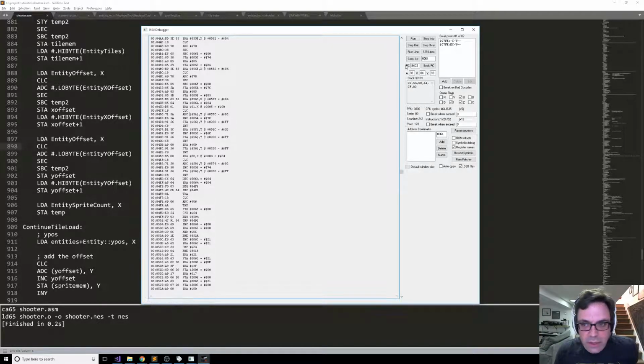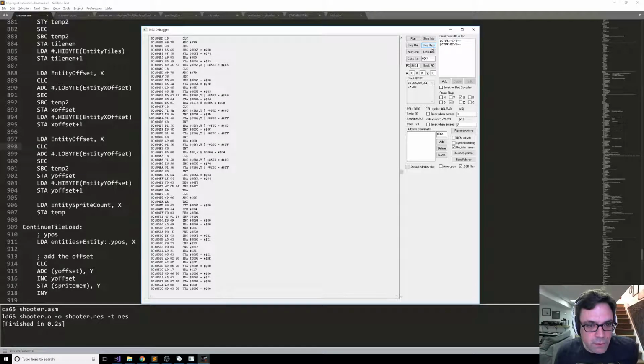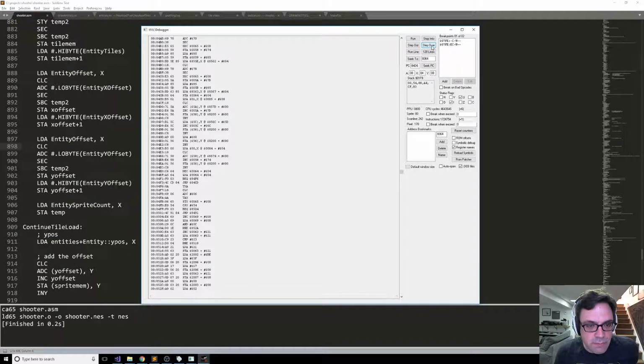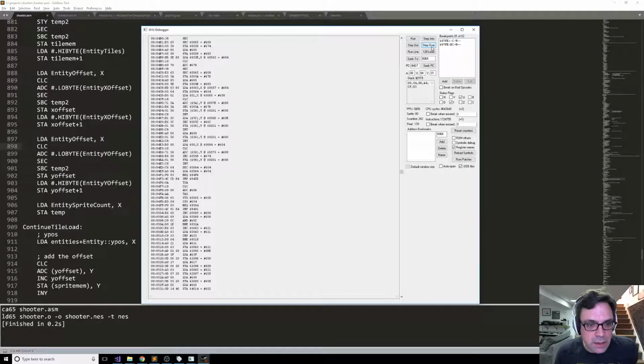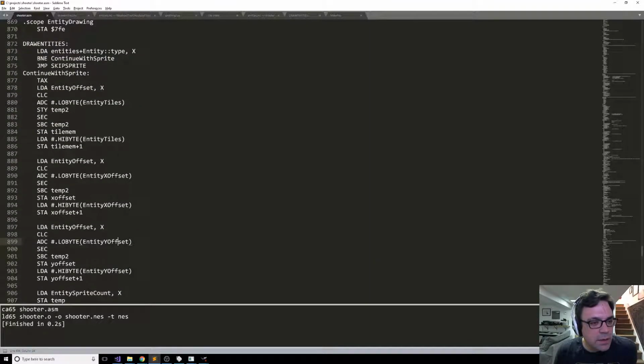That actually looks right. So we step over, we store it into our sprite mem, we increment Y. Oh crap, right, we increment Y. So it's not enough to just have, damn it. Okay,